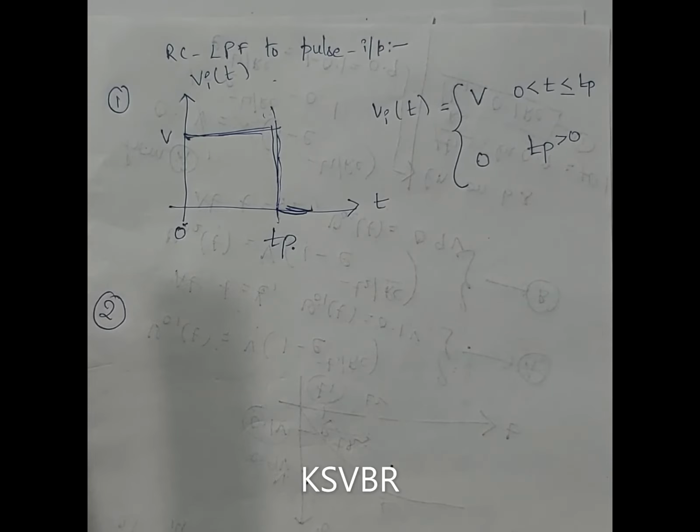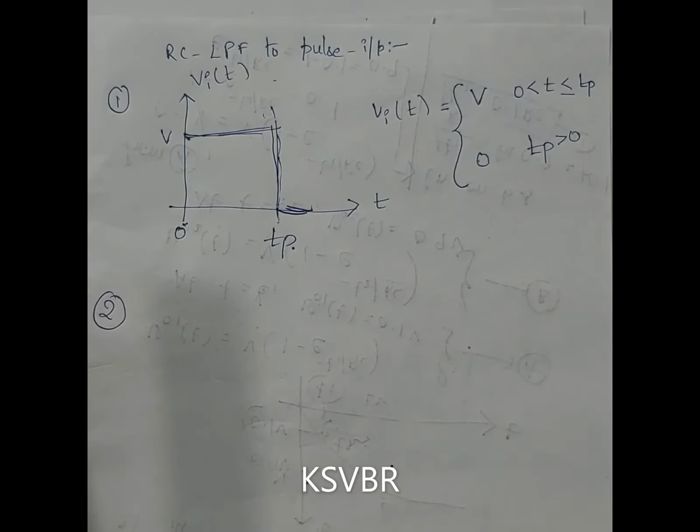So now let us see the response of RC low pass filter to pulse input. The pulse input is nothing but the restriction of step signal, where step signal tends towards infinite and maintains a constant magnitude, and our pulse is limited to certain time level. Okay, from 0 to Tp the magnitude is V, from Tp the magnitude is 0. This is the mathematical representation of our pulse signal. So this is the step 1 definition of our input signal.